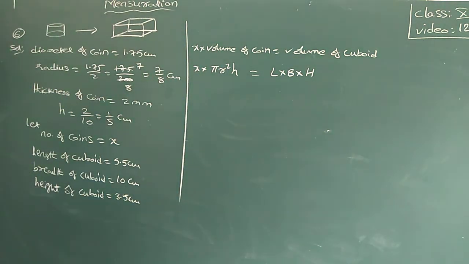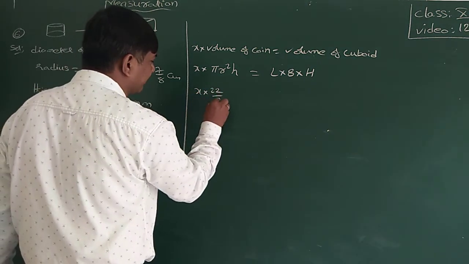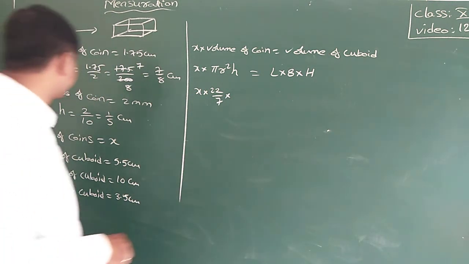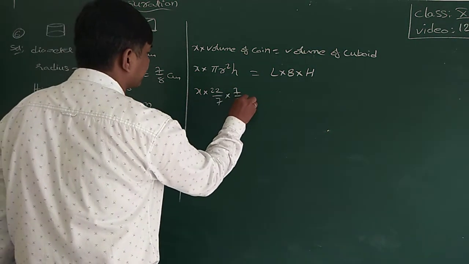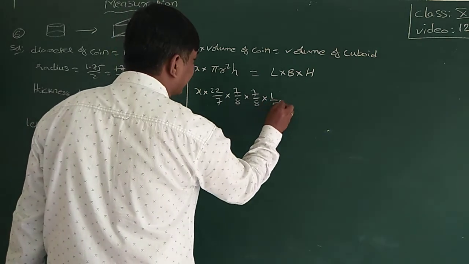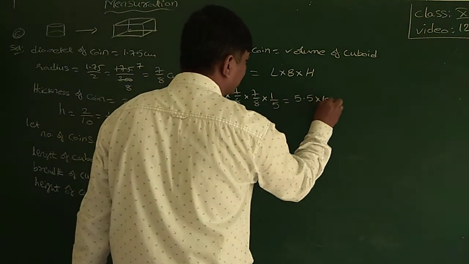So x into 22/7. Did they mention any value like 3.14? No, so you can use 22/7. The radius is 7/8 into 7/8 and the height is 1/5, equal to 5.5 into 10 into